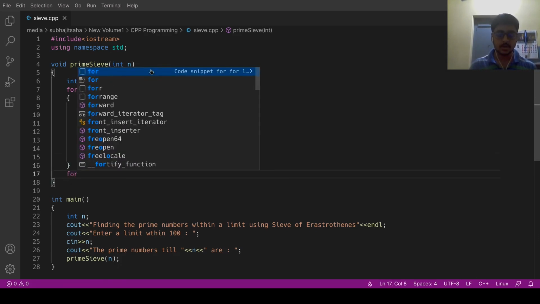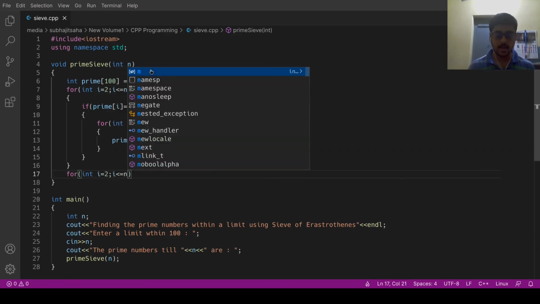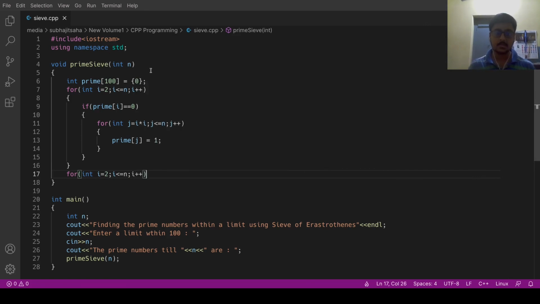Then for int i = 2. Now I have to display the prime indexes: i = 2, i <= n, i++.